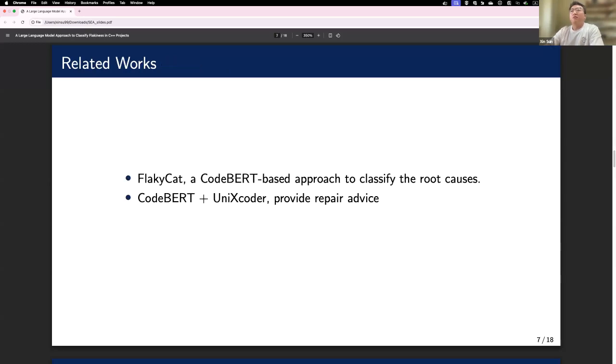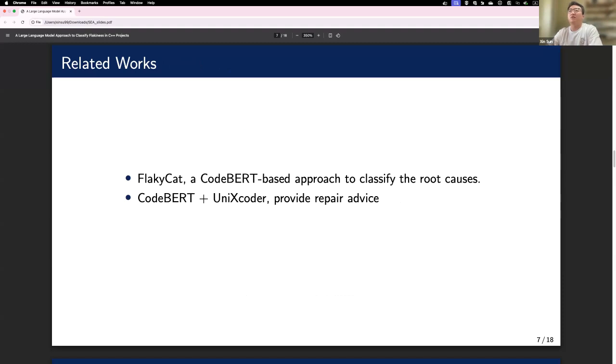Several tools and research works have addressed the classification of flaky test root causes, but again, most of them focus on Java and Python. For example, FlakyCat uses CodeBERT, which is a pre-trained transformer model for code, to classify flakiness in Java projects.